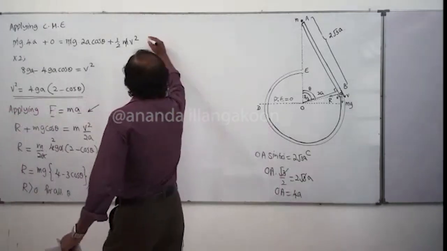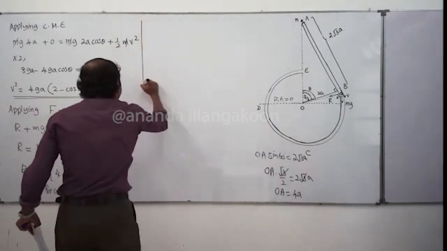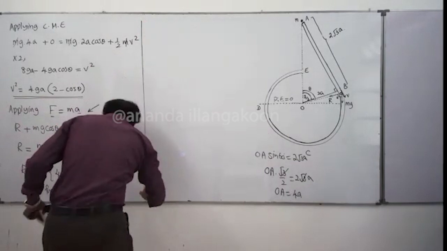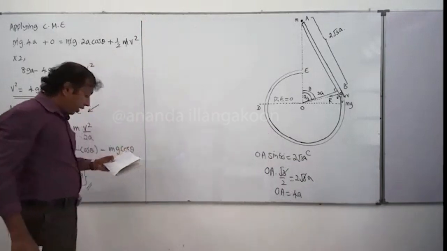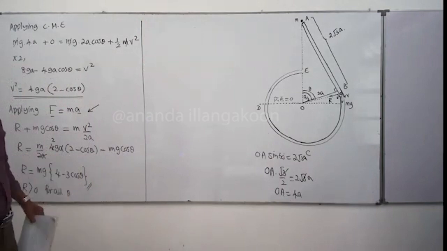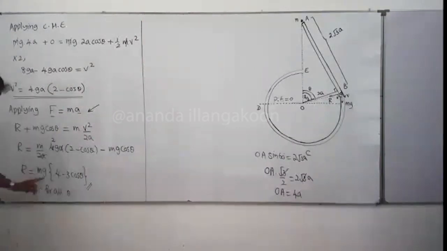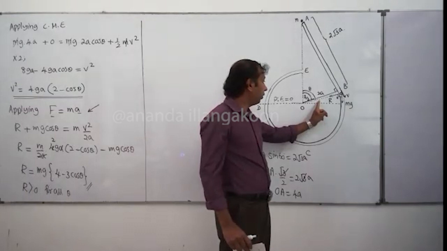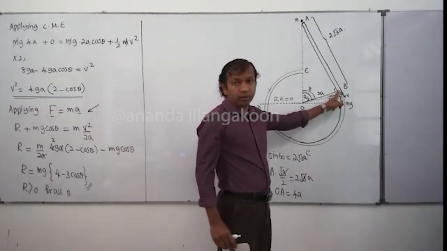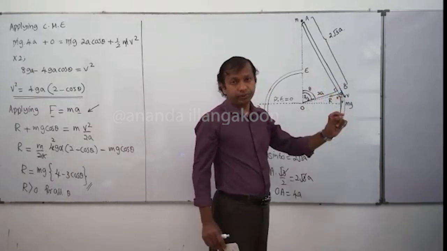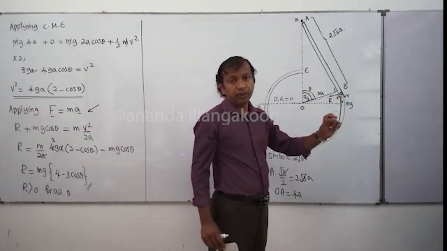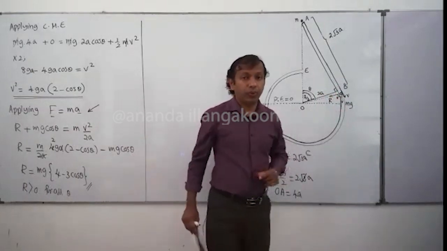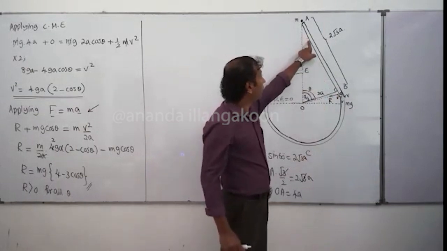Now, next one. Find the reaction on the particle P from the tube. And people, when I substitute here theta equals pi by 3, that is when the particle comes to the point B, I am going to find the R value. Okay. Now, when the particle comes along this straight tube,